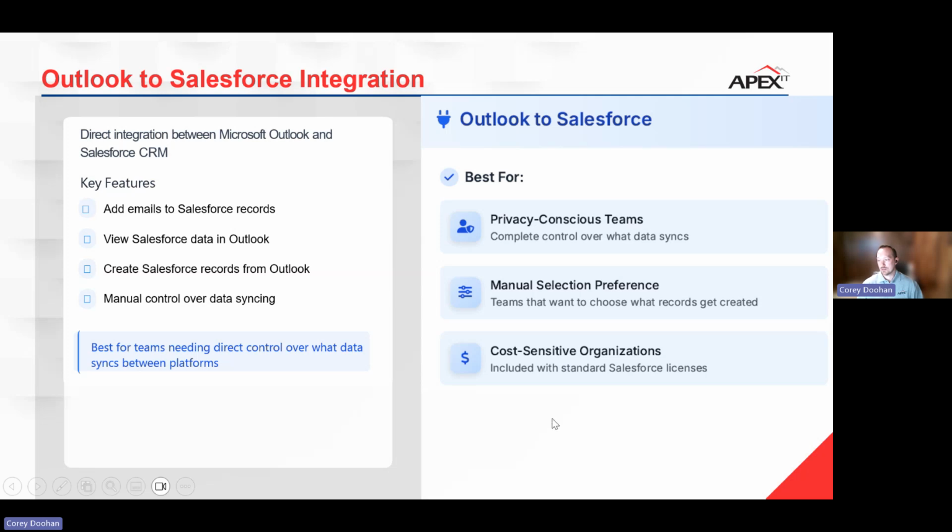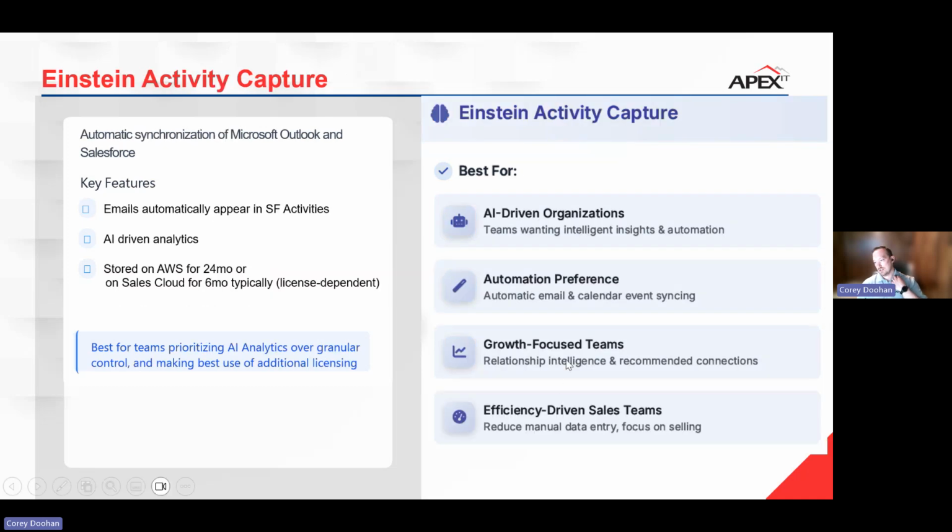That is different than some other tools like Einstein Activity Capture, where Einstein actually will automatically capture all of your emails. So you really want to be part of a larger plan when you have this particular feature. This is not a standalone feature per se. This is part of an overall package. This is best if you're having a plan for using Tableau CRM analytics in your org, and you're wanting to make sure you get every detail. Maybe you're getting